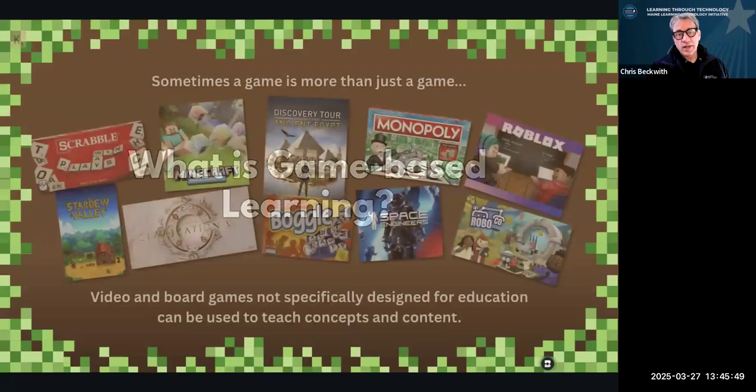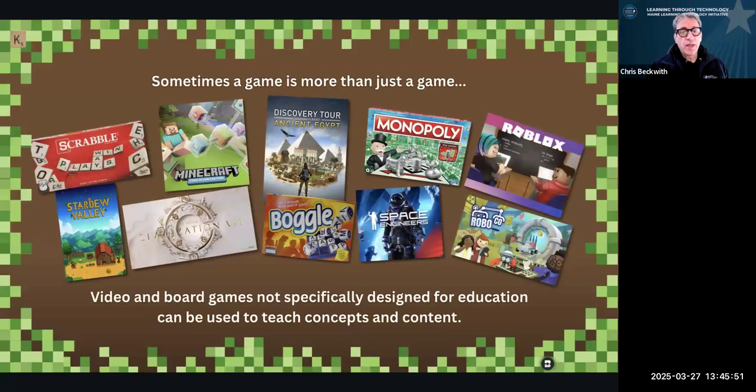So the next slide says it all: with game-based learning, sometimes a game is more than just a game. You're using an existing game for purposes other than what it might be intended. You might think, well, this is just for fun, just entertainment. But used in the right way, they can be a teaching tool.